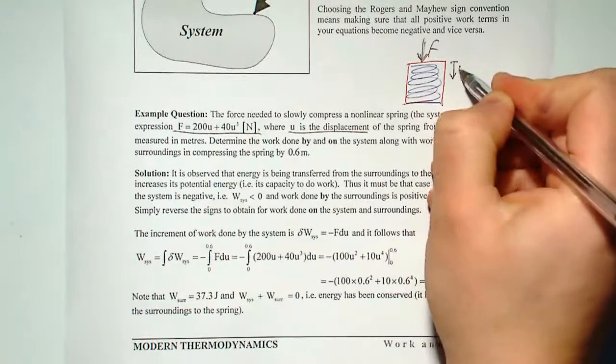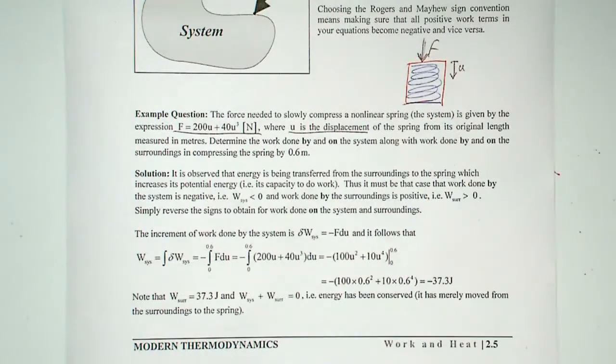Displacement is actually measured from the origin. Whatever you move, we call that u. So determine the work done by and on the system, along with the work done by and on the surrounding, in compressing the spring by 0.6 meters. If the spring moves by 0.6 meters, we want to find out what is the work done on, etc., by the surrounding and by